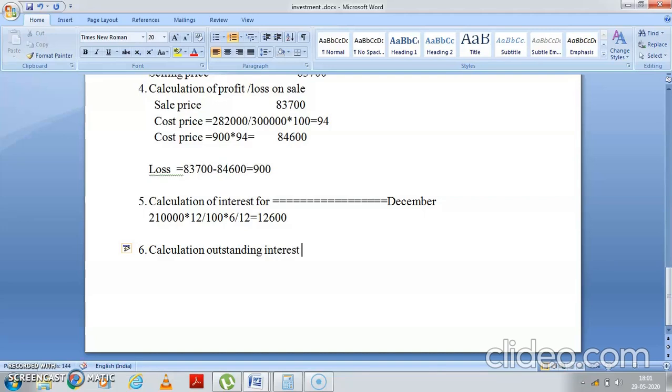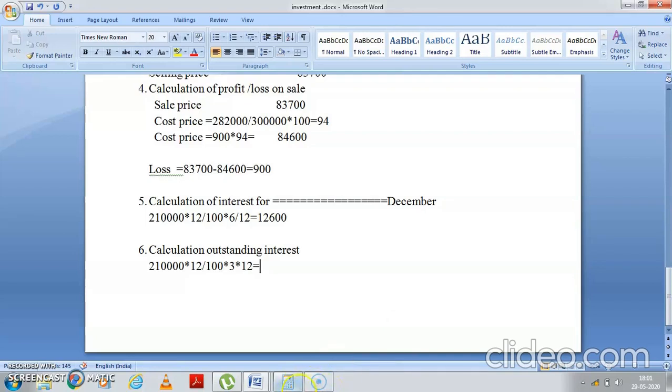Yes, tell me how much. Again this is the same thing. You have not bought anything, so you have an investment of 2,10,000 multiplied by 12 divided by 100. This becomes a percentage. Now how many months of interest is pending? See, last interest I got in December, so January, February, March. How many months? 3 months. So into 3 by 12. Come on, tell me what will be the interest.